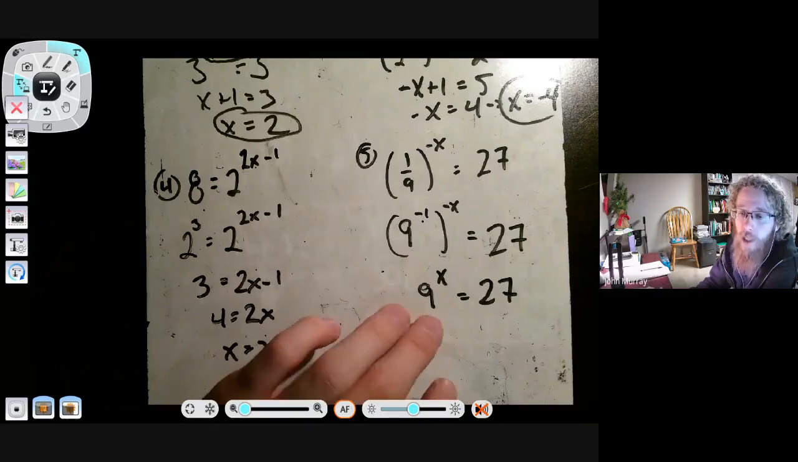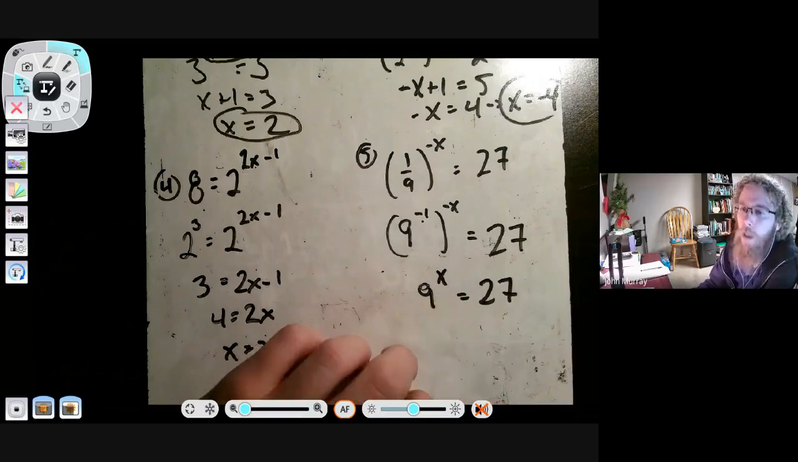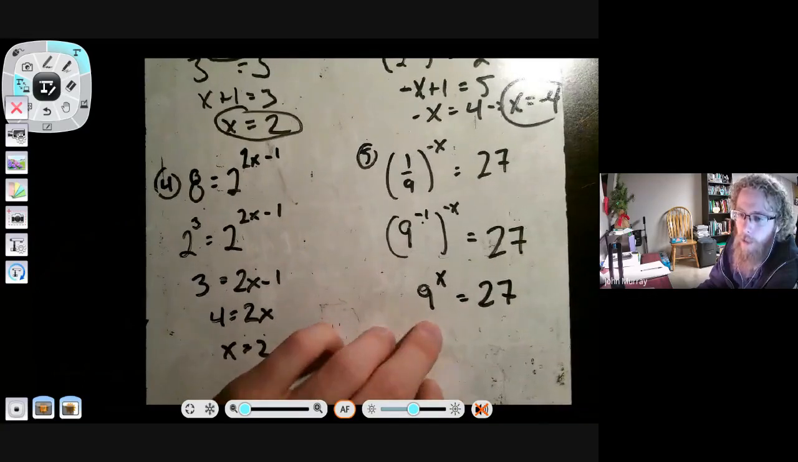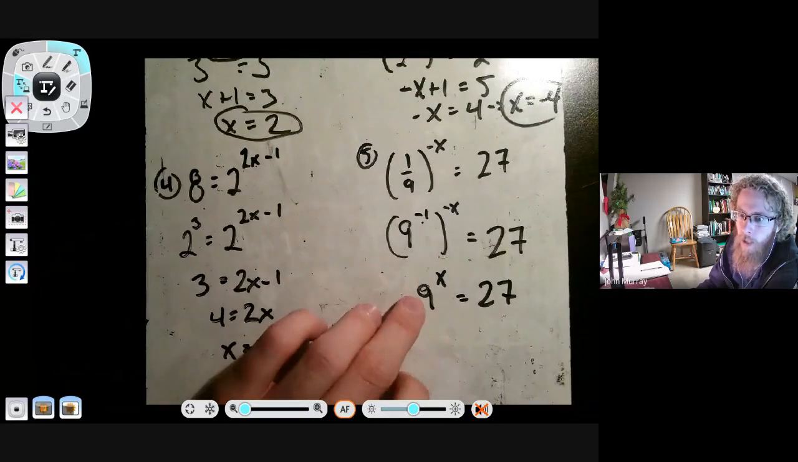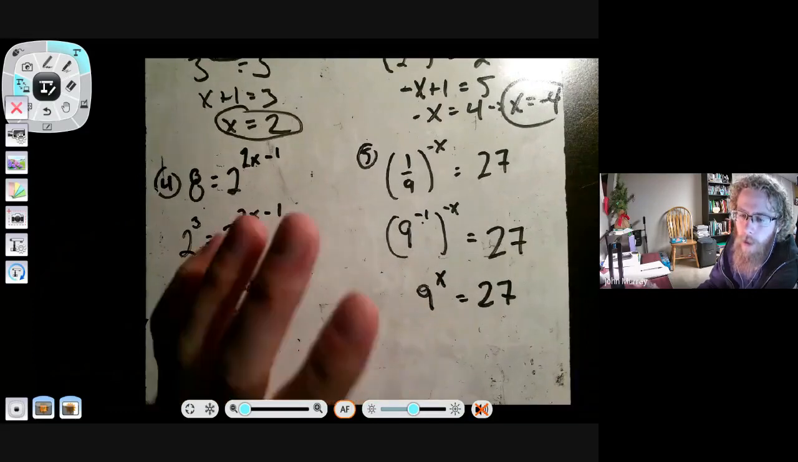Now, sometimes when you get to this point, it might be common sense, right? If it was 9 to the x equals 81, well, you know that x has to be 2, right? 9 squared is 81. But this one's a little tricky, right? 9 to some power gets me 27. All right, so let's deal with,